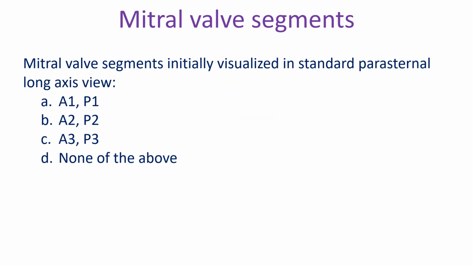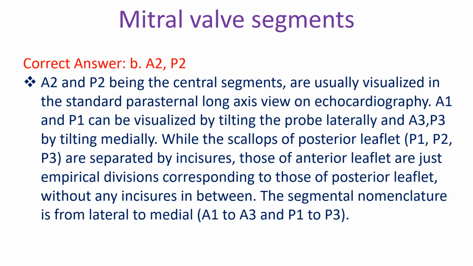Mitral valve segments initially visualized in standard parasternal long axis view. A. A1P1, B. A2P2, C. A3P3, D. None of the above. Correct answer B. A2P2. A2 and P2 being the central segments are usually visualized in the standard parasternal long axis